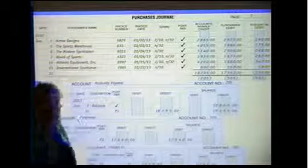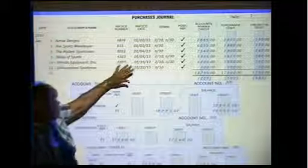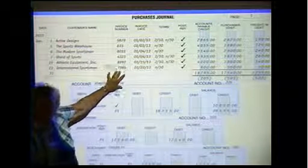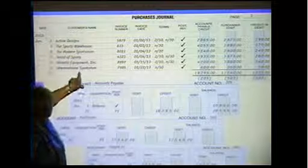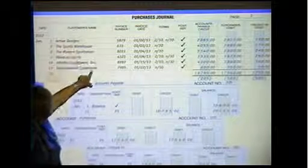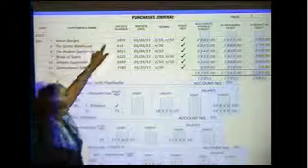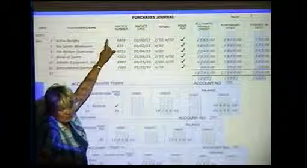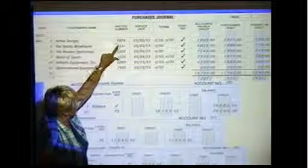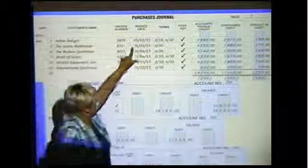And on our purchases journal, we'll have whatever columns we feel like we need. We're going to do our date. Who did we buy it from? I would call this vendor name, actually, because we're buying from them. Okay, invoice numbers of when they, you know, the